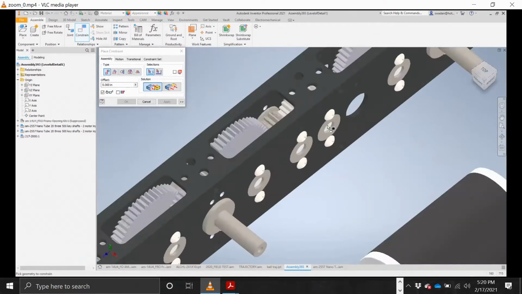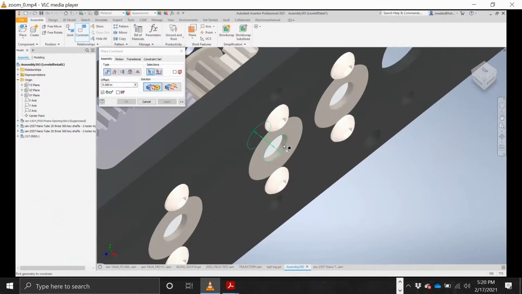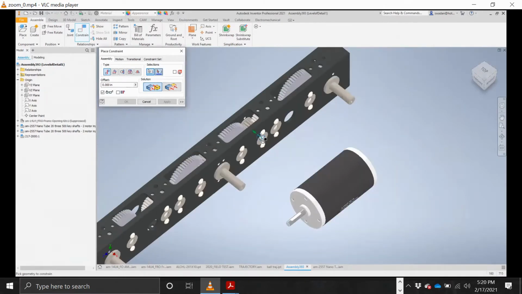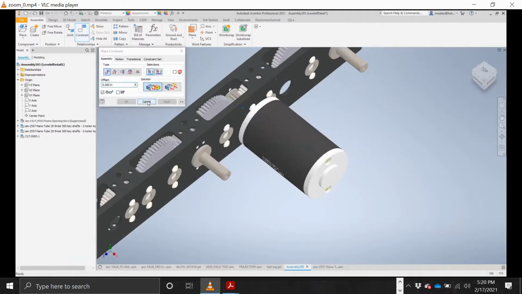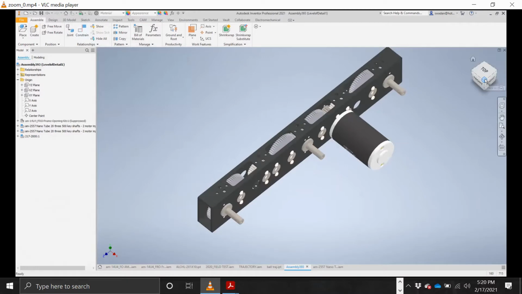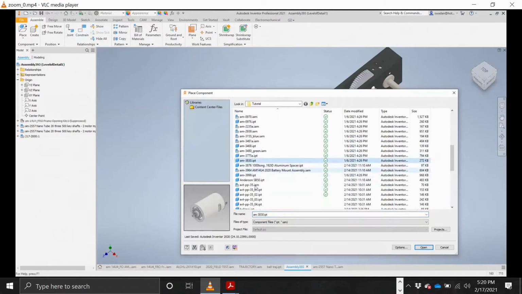And in this case, I actually will select the geometry because I'm pretty sure that my design is going to stay pretty consistent. So I go ahead and mate that, and